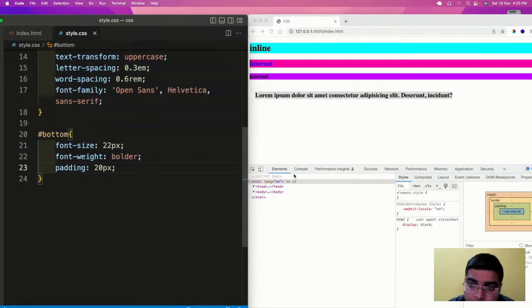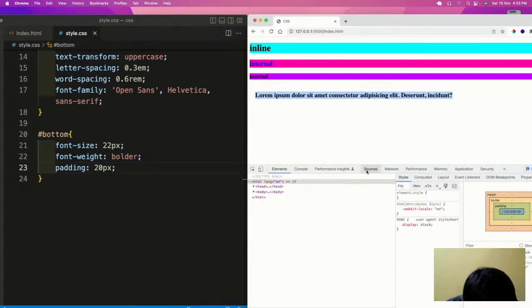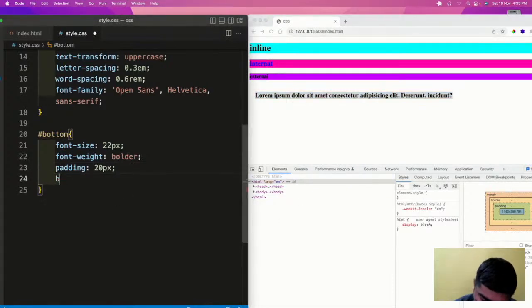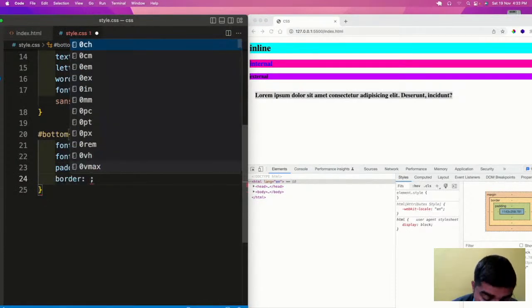Padding means the space around the content. Now after this padding we have a border.